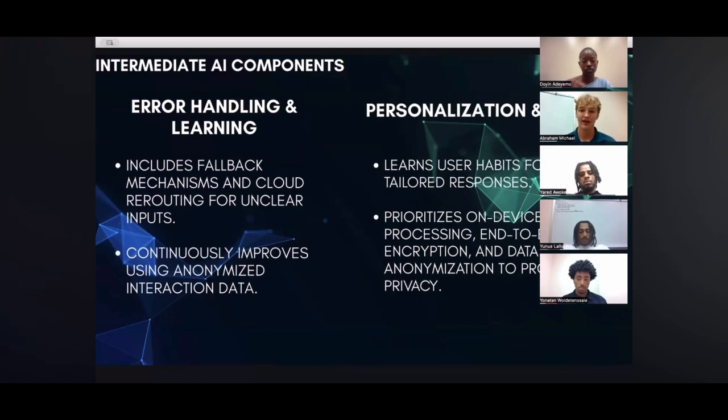Siri also has error handling and learning. So when things go wrong, say there's background noise or unclear speech, Siri uses error handling and fallback strategies like prompting the user again or reprocessing the input. Behind the scenes, Apple uses continuous learning, where anonymized user interactions help update models over time, and personalization, which allows Siri to learn from your habits and preferences, keeping your data up to date while also secure through encryption and